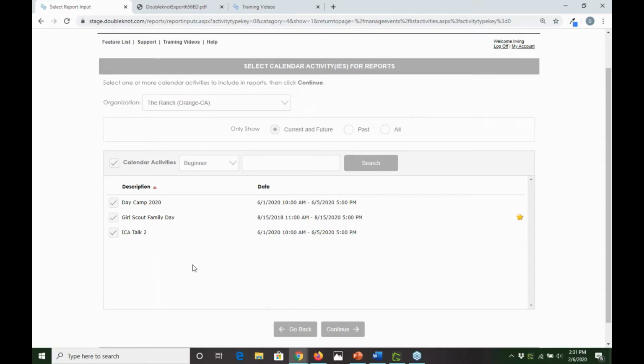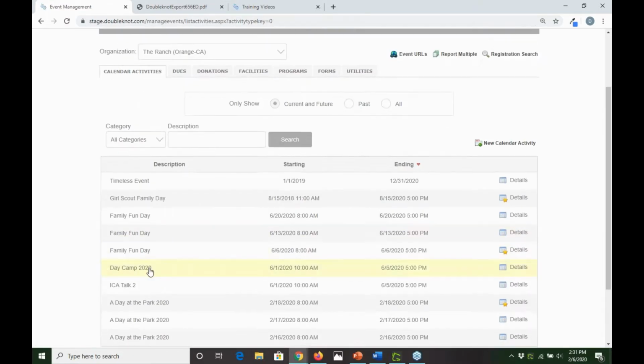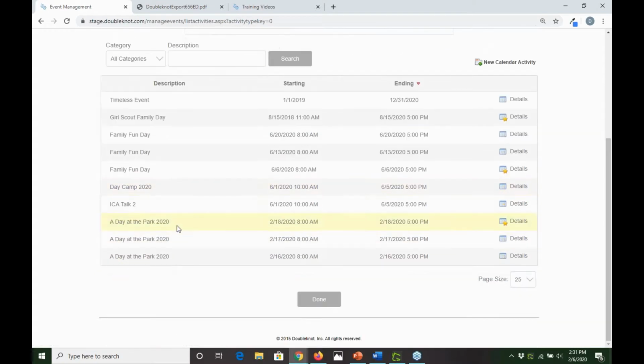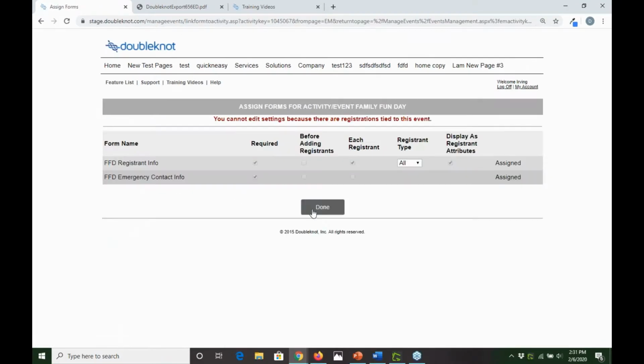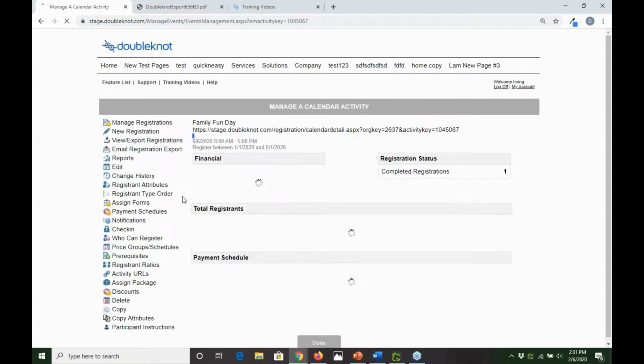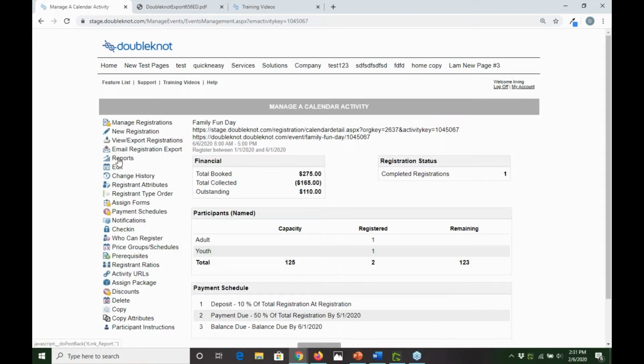We'll look at this day camp here. Actually, let's look at something that has registrations. So, family fun day. Does this have any forms attached? So it does. So if we come in here and we click reports,